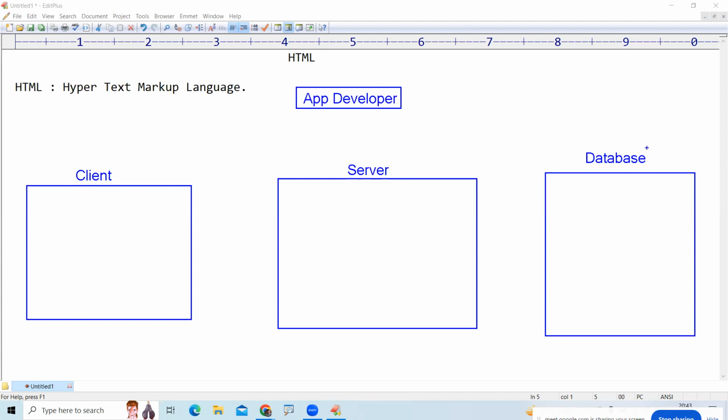We should be good at these three areas. Now, what is client? Client is nothing but UI, user interface, the UI developer. To design this UI,